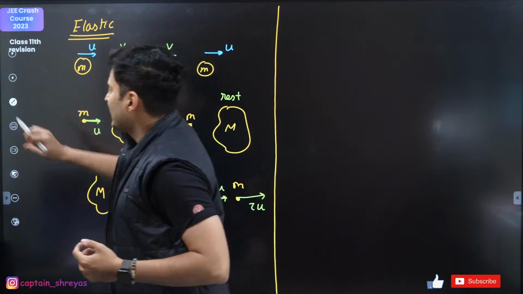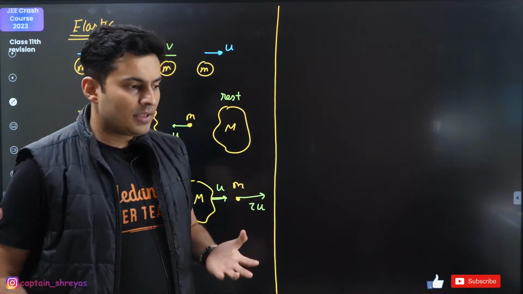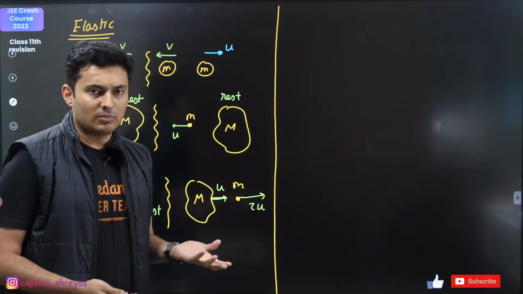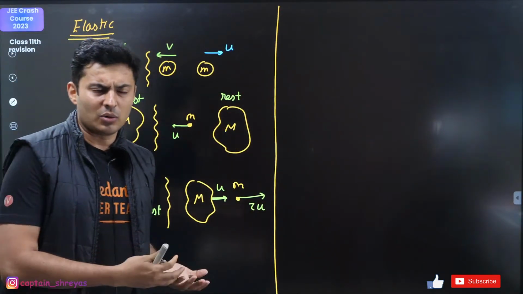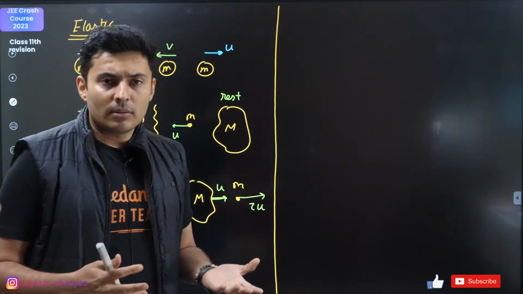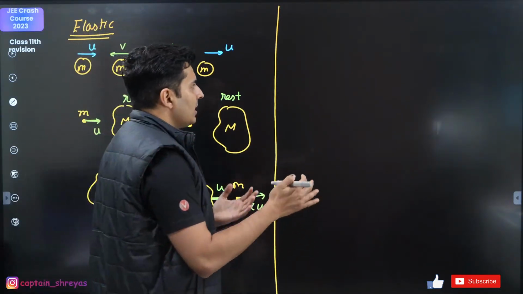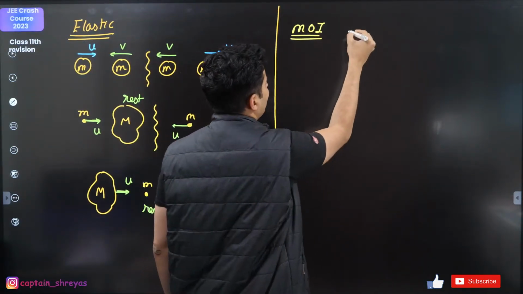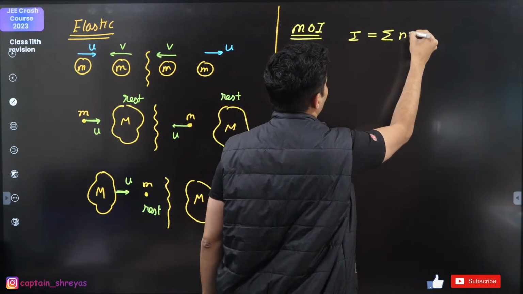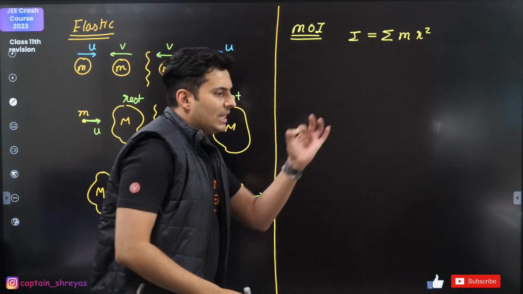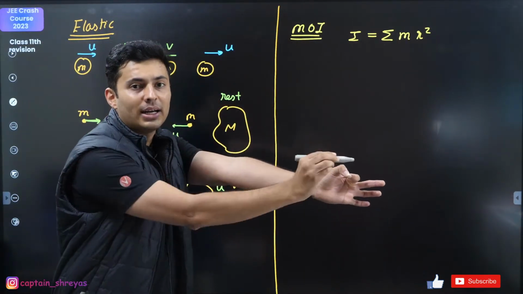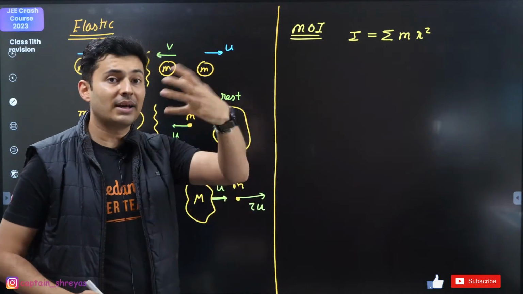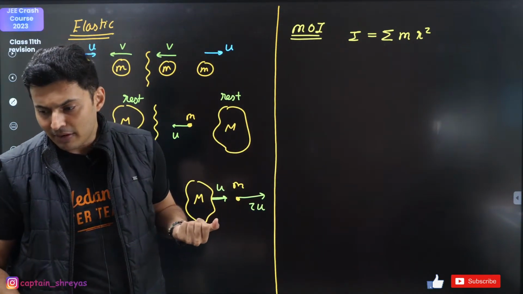What's the next step? After this we basically go directly on to rotational motion, because these are the main things that you need to remember in collisions. In rotation, you start off with some basic concepts like moment of inertia. Moment of inertia is nothing but the summation of mass and r, where r is how far each mass is from the axis. So mass into distance square is the moment of inertia, right?